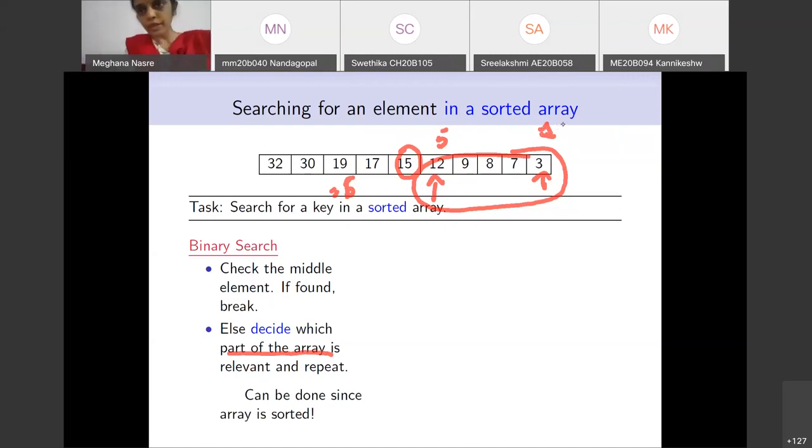Okay, so I'm unable to erase this part, but it doesn't matter. So this is the interesting part of our array. We are going to now look at this part, and for this part we are going to go to the middle of this. What is the middle of these 5 numbers? This is the middle of these 5 numbers. So therefore we are going to